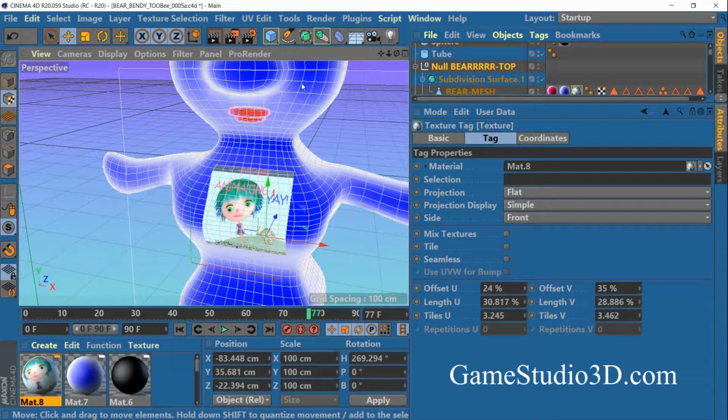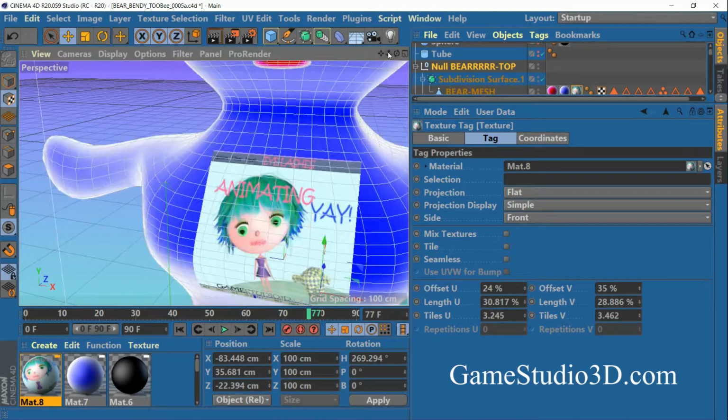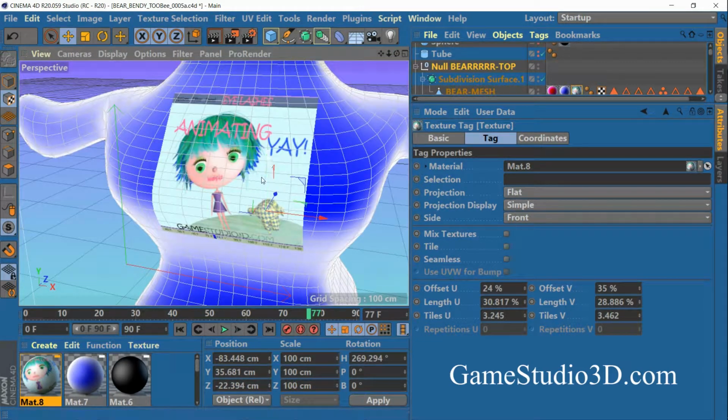Hi, today I, Terry, am jumping back into Cinema 4D after a long summer break. Well, about 6 weeks. And I want to show you really quickly how to bring in an image, a bitmap,